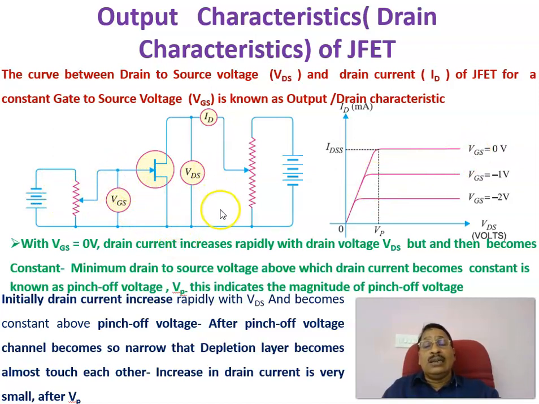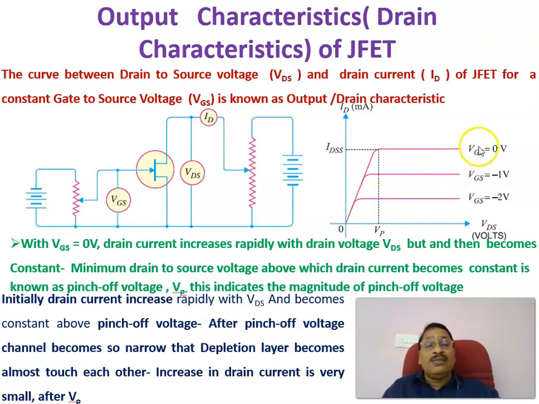In addition to the current flow through the channel, there is a reverse biasing because of the gate to source voltage. Due to that, the current gets to saturation before VP when VGS equals minus 1. Similarly, when VGS equals, say, minus 2, again you increase the gate source voltage, change VDS and watch ID. You can see that after the voltage reaches a certain value, say maybe minus 2 volts, whatever it is, when VDS goes beyond 2 volts, the current gets saturated.